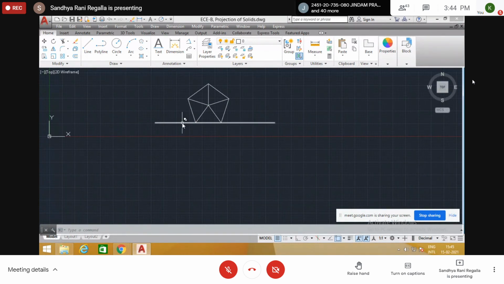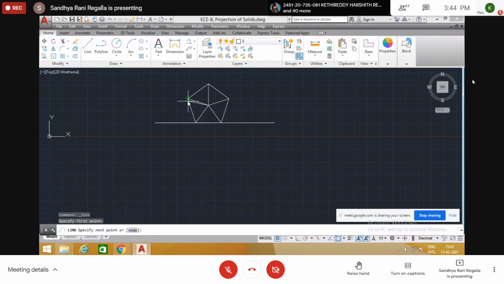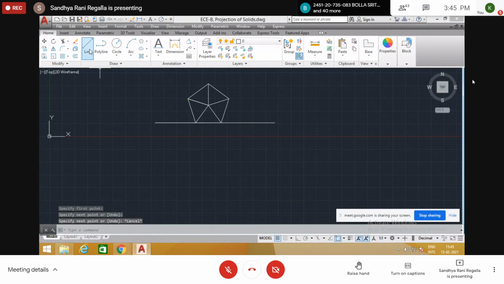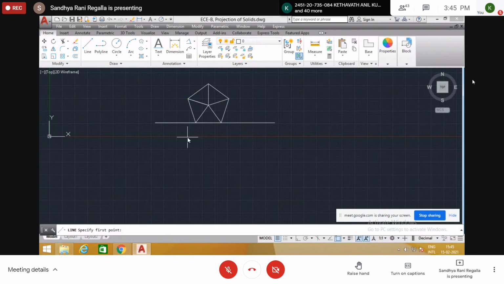Now draw the top view. Draw the projectors. In the top view, nothing is specified, so we take one baseline at some distance.